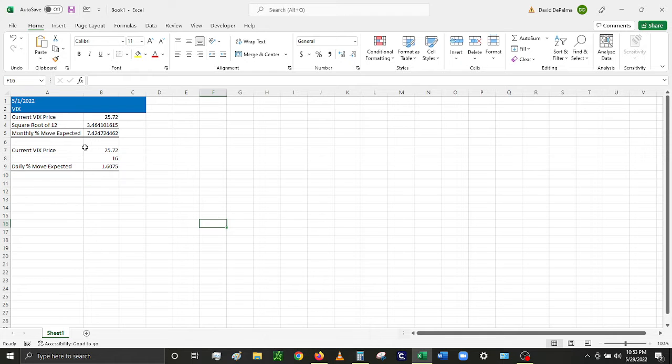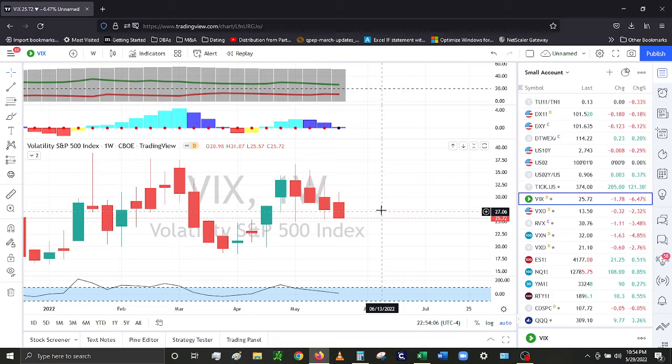For the monthly, it's simply taking the price of the VIX, the current price, dividing it by the square root of 12. So that comes to 7.4-ish% move. And the daily is simply the current price divided by 16, for a 1.61-ish% move. So if you come in here and you look at the VIX,